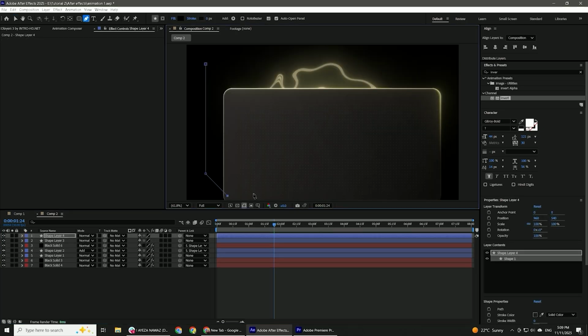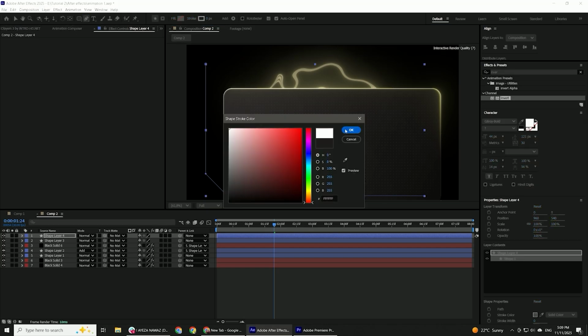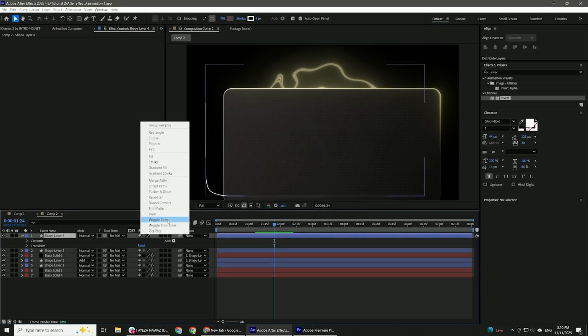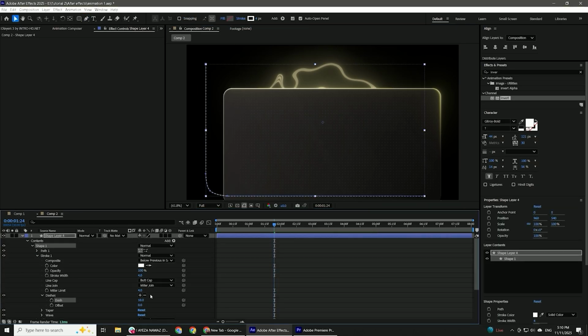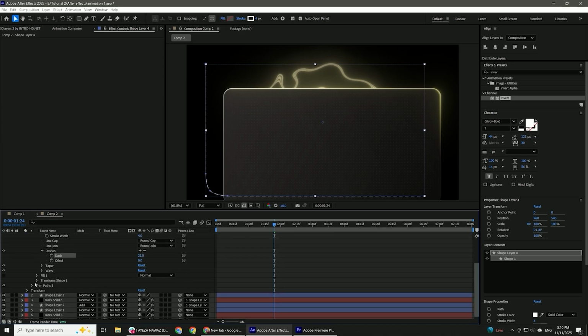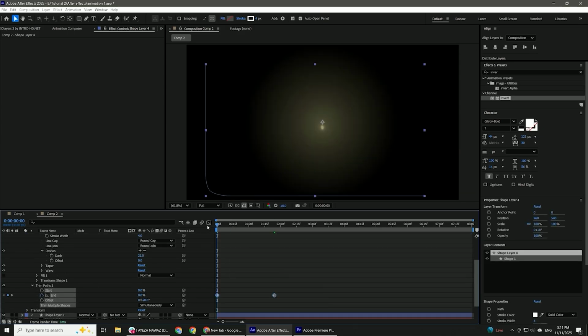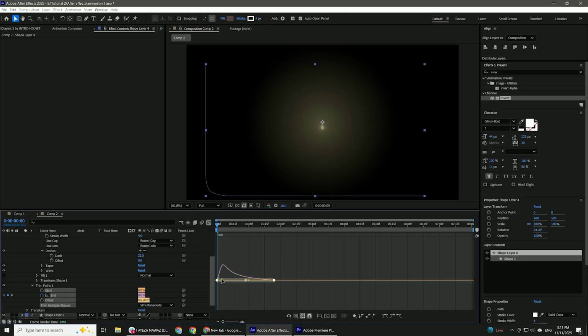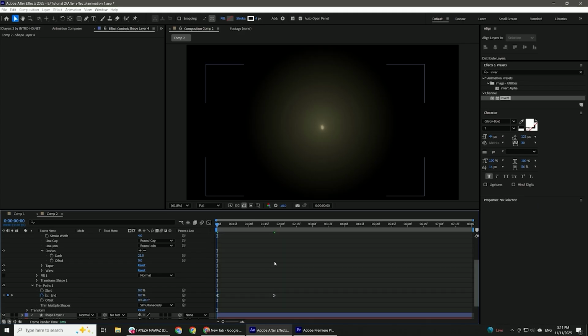Take a shape layer and draw a line using pen tool for graph animation. Right click on the shape layer and apply trim path effect. Open the shape properties, add dashes effect to the graph line. Now keyframe the trim path, start and end positions. Then adjust their animation speed in Graph Editor.